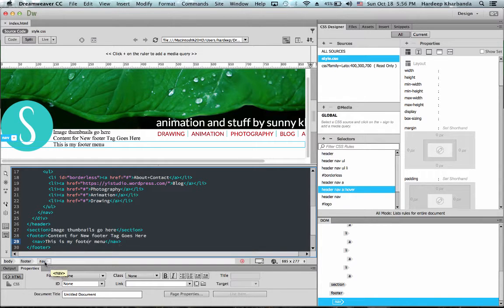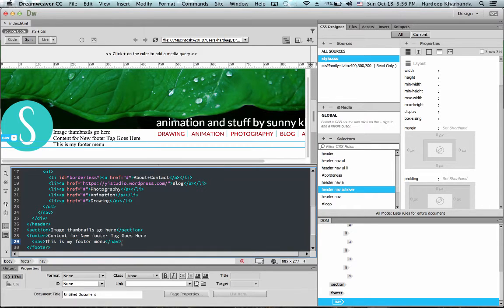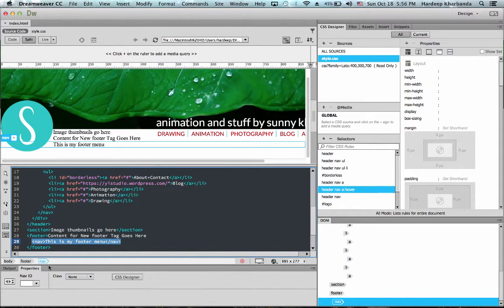So I'm going to select my footer nav by clicking nav here. I could also just select it in code view, but this is easier. Just click on nav and that selects it. Now I'm going to insert a div that wraps around this and belongs to the class container, just like I had a container inside my header.